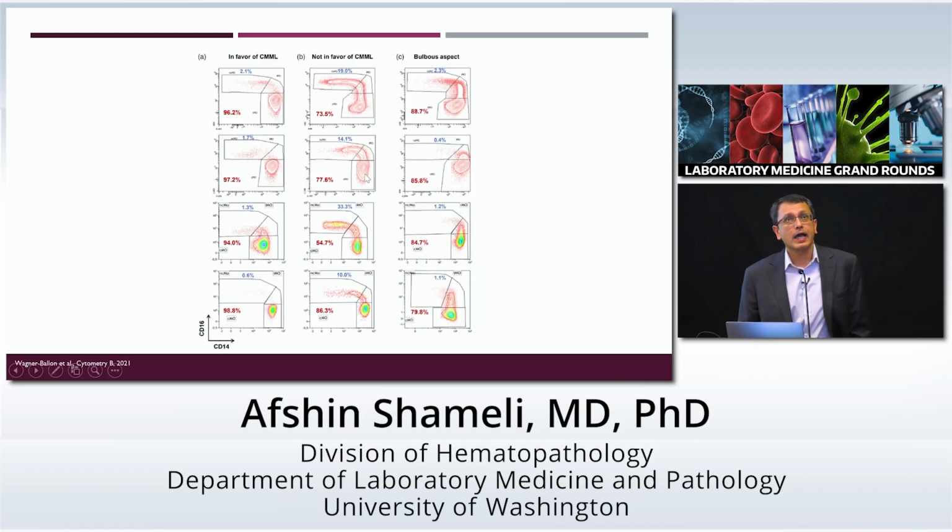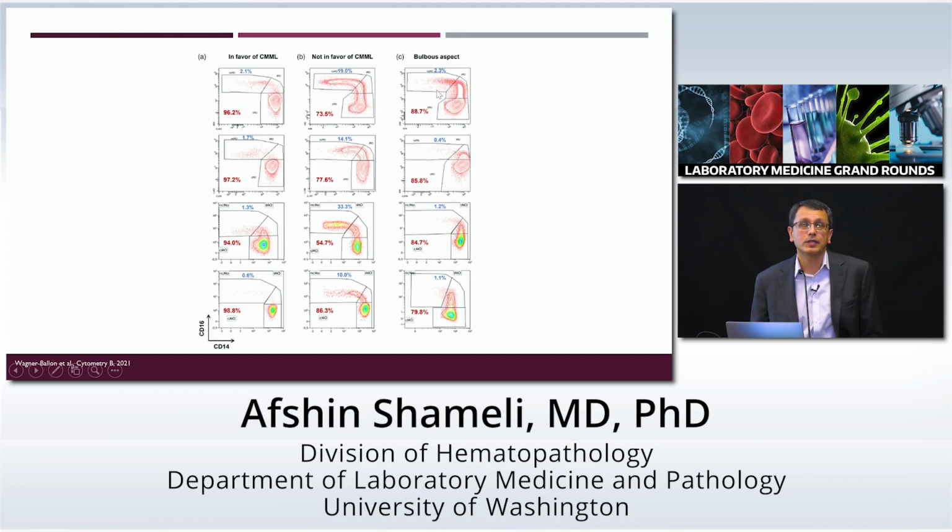This same assay was also evaluated by a multi-center European study and found a similar finding with 3 different patterns that they could see in their patient population. Cases that were in favor of CMML, which had more than 94% classical monocytes, patients who were not in favor of CMML, which showed less than 94% classical monocytes, and they also had an interesting